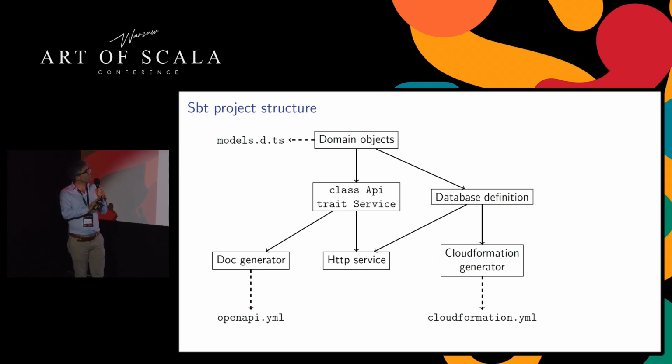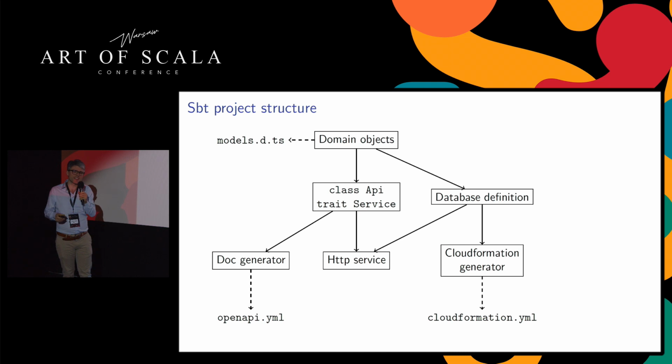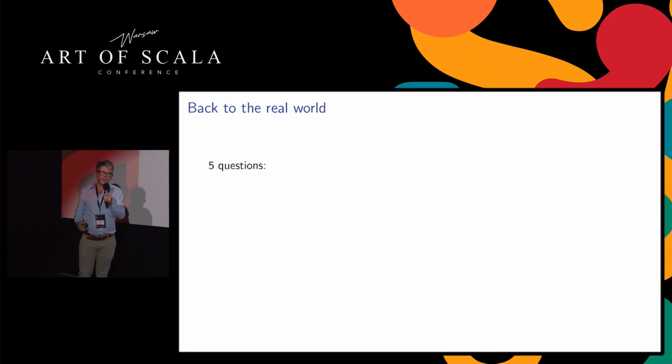All right, so I think this is a nice example of how we can do it, but of course it is not the real world that we live in, because this application doesn't exist. It exists only on my machine. It works. It was fun to create it, but I don't believe that any of you will next Monday start from scratch and write applications like this. Don't believe that, and I think that's also not possible. So let's go back to the real world, and I want to ask 5 questions to you to think about, because I think we can learn something from this idealized representation.